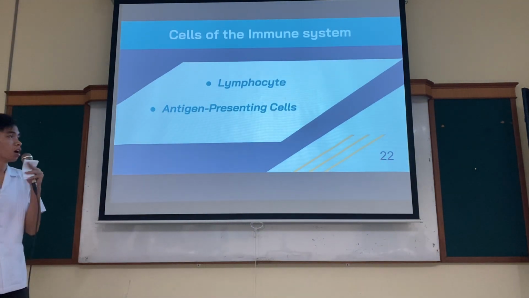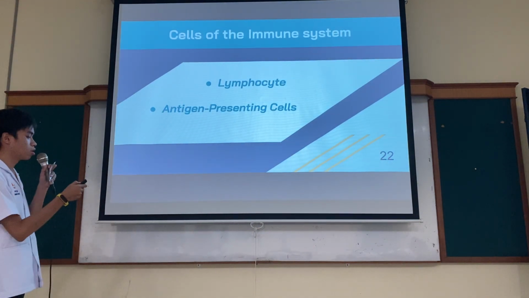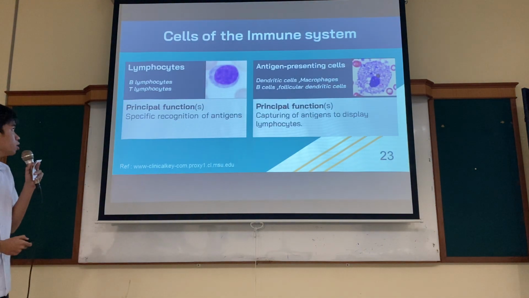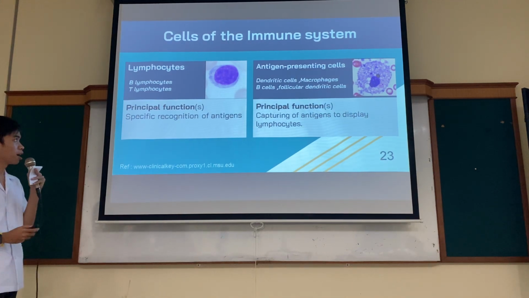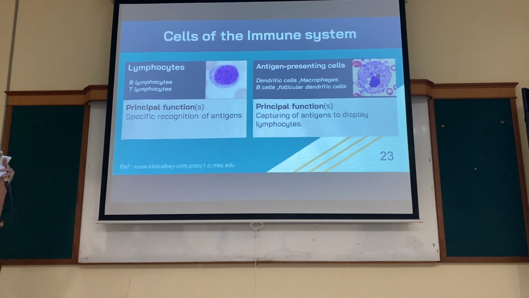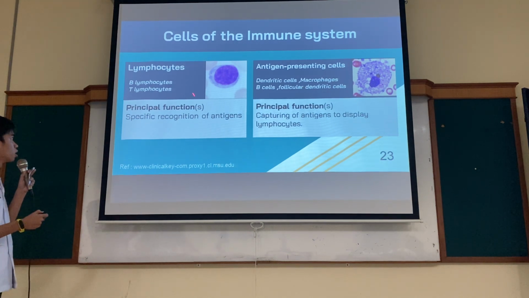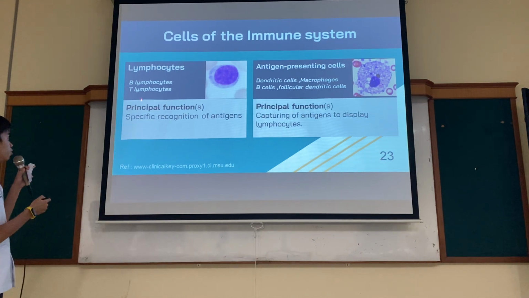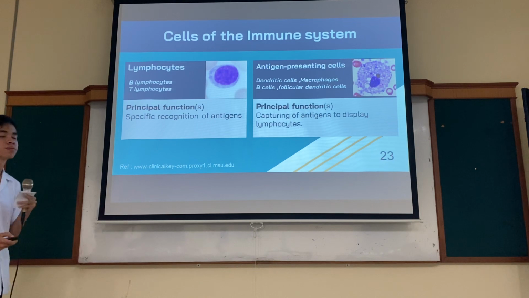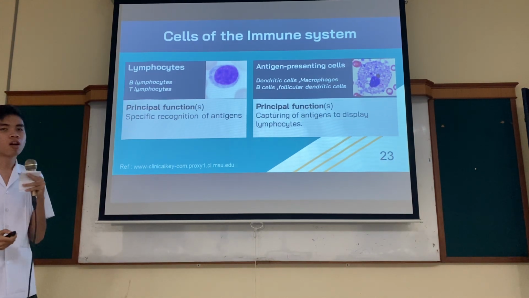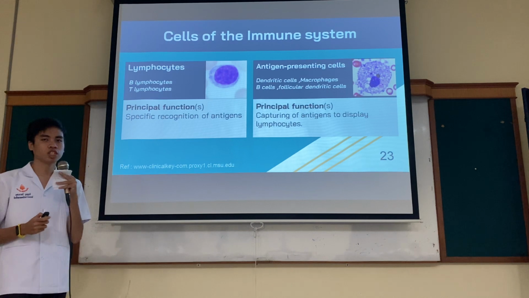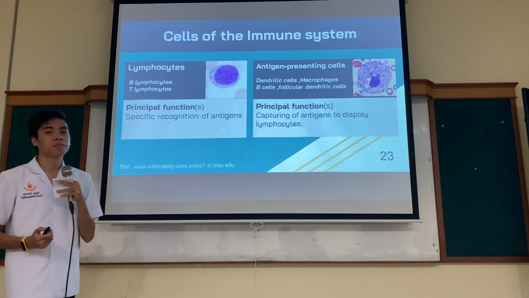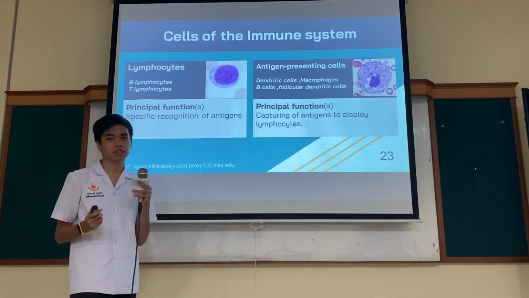Hello, I'm Usman. I'm going to talk about cells of the immune system. Let's start with lymphocytes. Lymphocytes have the principal function of specific recognition of antigens. There are two types of lymphocytes, which are B lymphocytes and T lymphocytes. First, B lymphocytes are mediators of humoral immunity. Second, T lymphocytes are mediators of cell-mediated